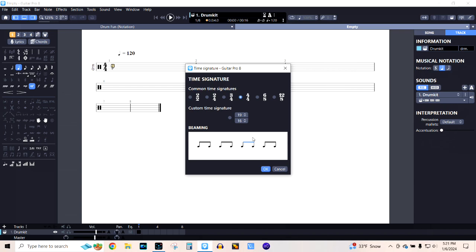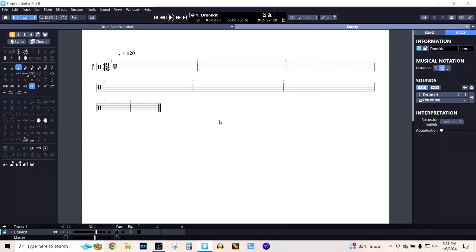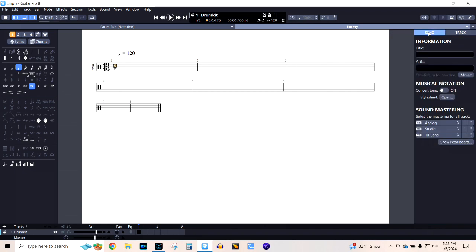something crazy, I guess. Let's try 19/16. So if I use that time signature, what I can do is add different notes. But before I do that, I like to come over here, and you can hit song